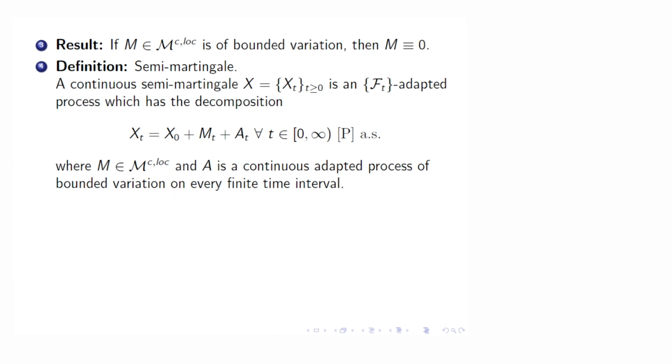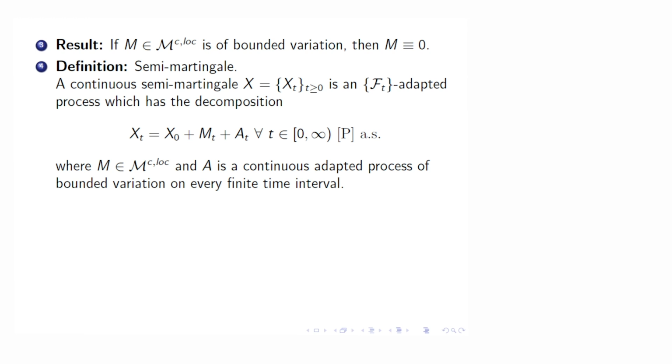Even without specifying each time, I always assume that there is a filtered probability space in hand, where (Omega, F, P) is the probability space and F_t is the fixed filtration. So X is an F_t adapted process with the following decomposition: X_t equals X_0, which is an F_0 measurable random variable, plus M_t, a continuous local martingale, plus A_t, a continuous adapted process of bounded variation,